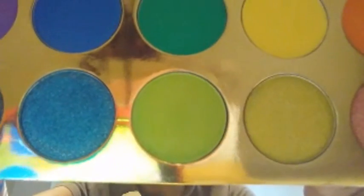You can see that the lime green in the crayon palette is lighter than this one, so of course it's going to show up lighter when you swatch it. But it seems like it has a nice pigmentation. I don't know why they were saying that it didn't show up. Maybe it was the primer they used. But it's definitely showing up on the swatch. Okay, so next, we have